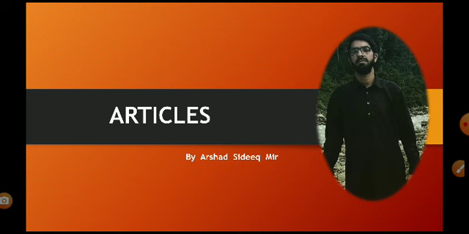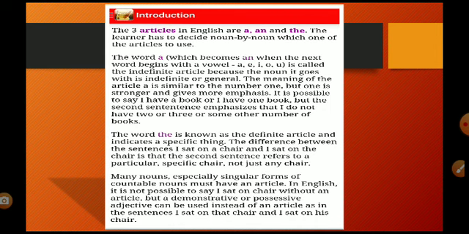So let's start. In the introduction of the articles, we know that there are three articles in English. They are a, an, and the. The learner has to decide noun by noun which one of the articles to use. So you need to decide by yourself what to use and when to use. The word a becomes an when the next word begins with a vowel, we know